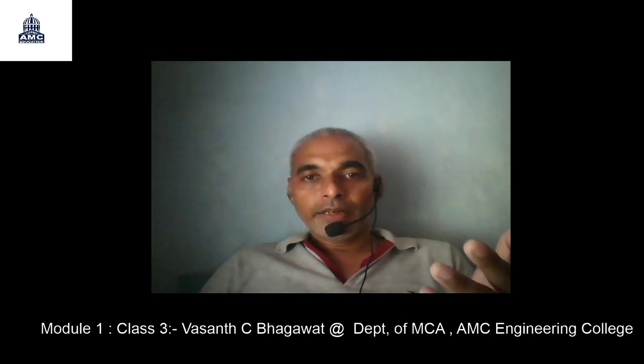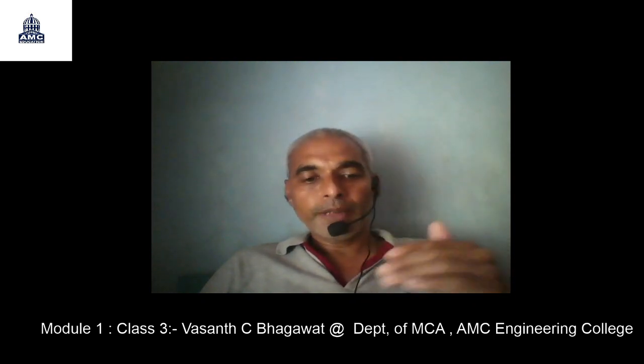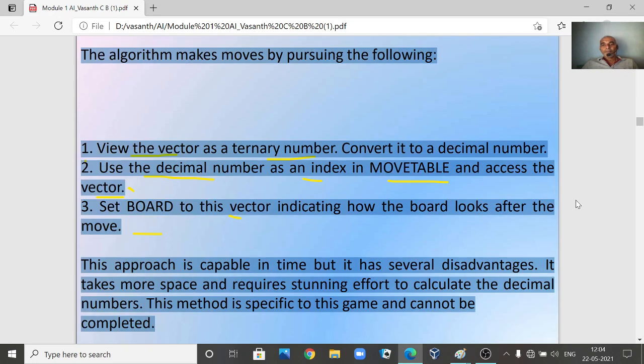So now what is the drawback of this particular algorithm? Nowhere are we using any intelligence. We don't know when my opponent is going to win the game, so that I can stop him from winning the game, I can block him. And moreover, the memory required here is very huge. 19,000 plus is not a simple number of memory locations; a lot of memory locations are being used. These are some of the drawbacks of this particular algorithm.